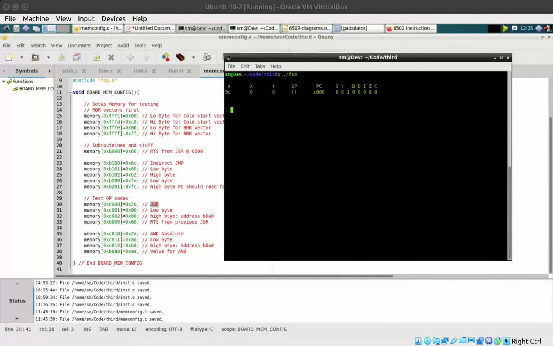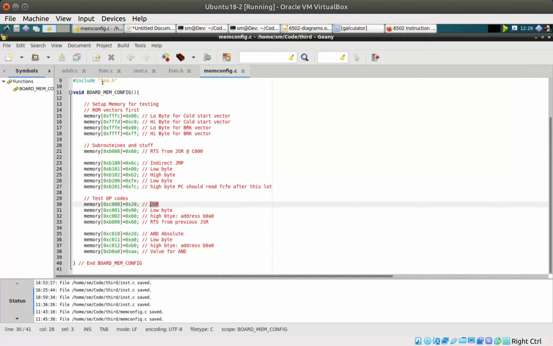Hello, so we finally made it onto phase 3 of the code. I'm going to split this into probably 2 or 3 videos, otherwise it's going to become too long. The main changes within phase 3 from a file point of view is I've added a memconfig section and an